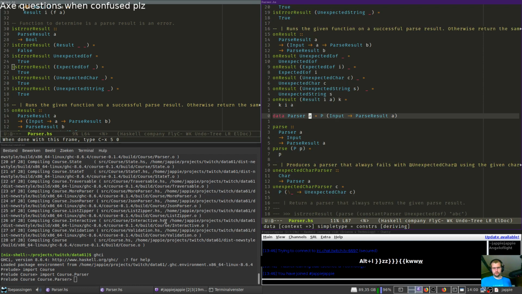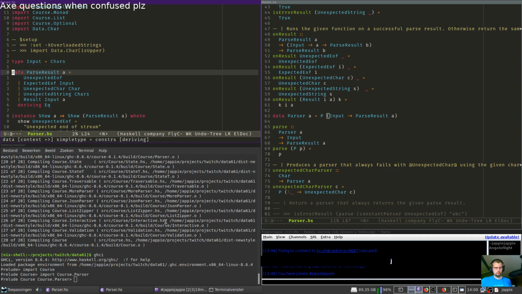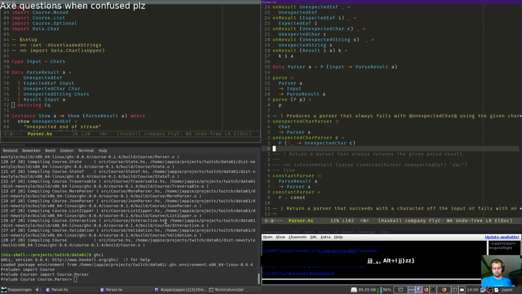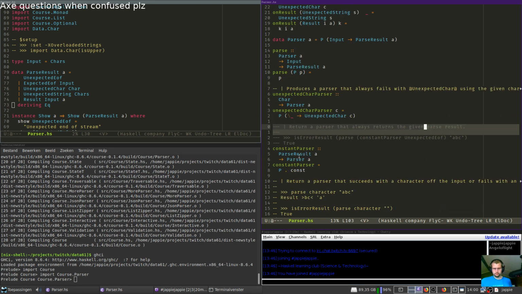This is our parser, and I want to keep that open in another window. Oh, look at that. And the parser always returns the given parse result. Parser result A, parser A.